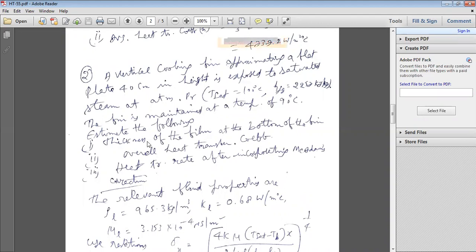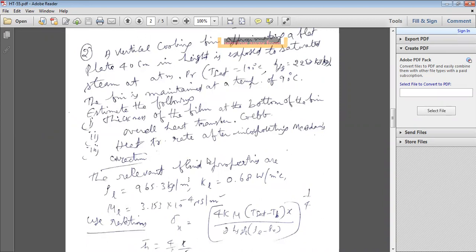What you have to calculate? The thickness of the film at the bottom of the fin, at x is equal to L. So x is equal to L, that is at the bottom, for total height L. You have to calculate the thickness, that is the boundary thickness, the average heat transfer coefficient h bar, and the heat transfer rate in the condensation. For this, the relevant fluid properties